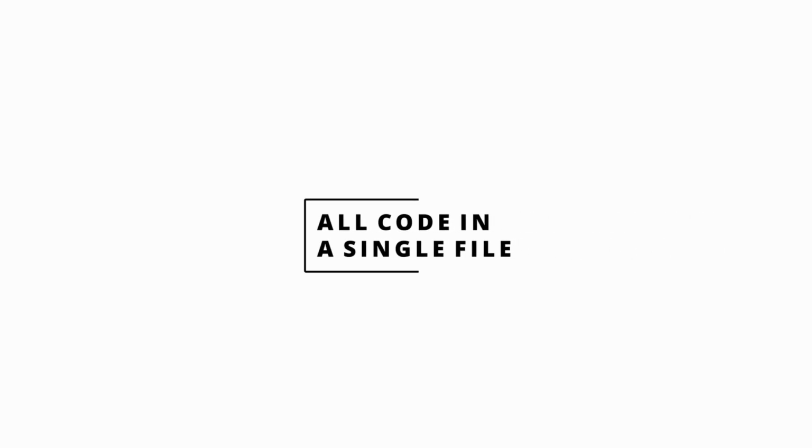Next mistake you should avoid is putting all your code in one file. When you are working with, for example, JavaScript, you don't want to put all your code in a single file. You rather want to use the files to categorize and separate your code. So if you are working with an API, for example, making get, post, delete requests, all those functions should be put in a separate file away from the rest of the code. This way you keep your code more organized and it's easier to find things from your code and understand what different parts of your code do.